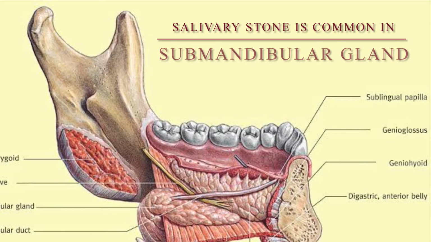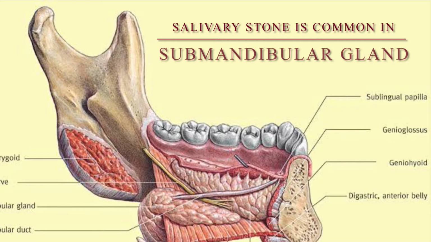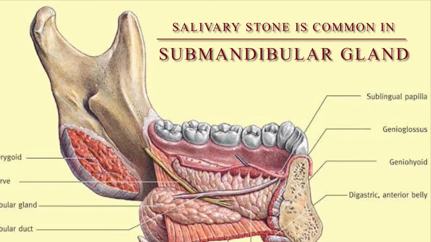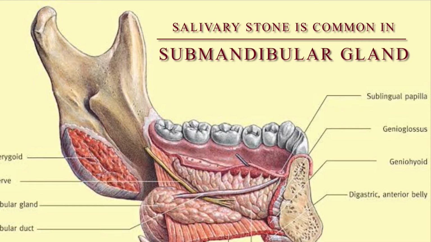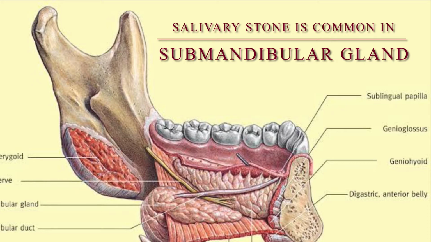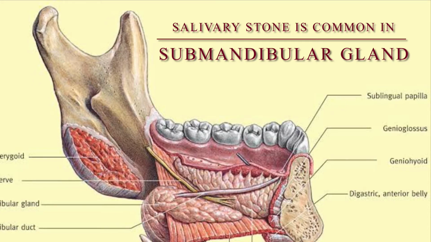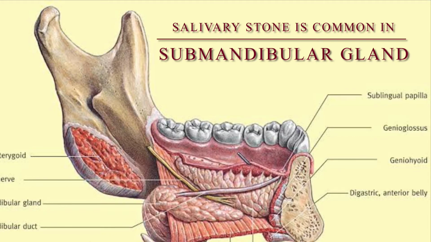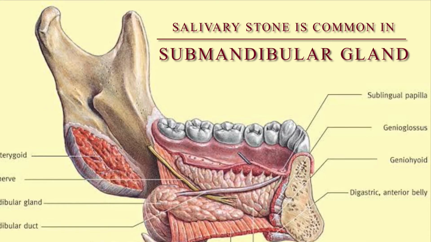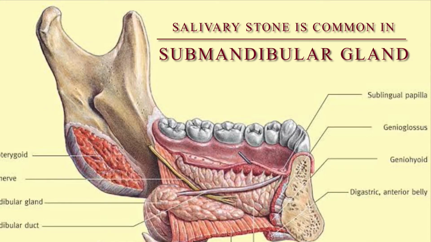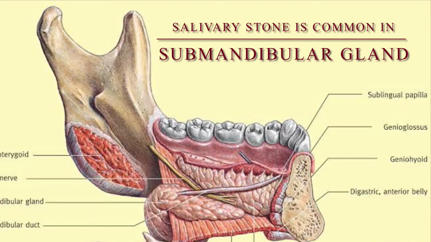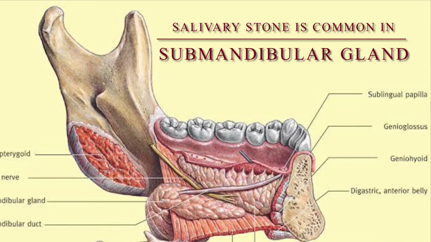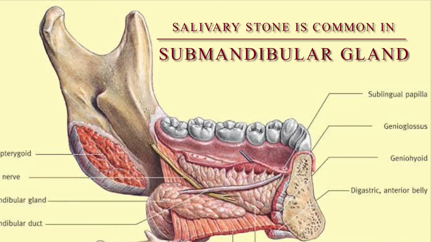Salivary stones occur more commonly in submandibular glands, which form around 80 to 90%, whereas the parotid gland contributes only 5 to 15% of the total siloliths. The higher rate of silolith formation in the submandibular gland is due to the tortuous course of Wharton's duct, the higher calcium and phosphate levels within the gland, the dependent position of the submandibular glands that leaves them more prone to stasis, and the increased mucoid nature of the secretions.